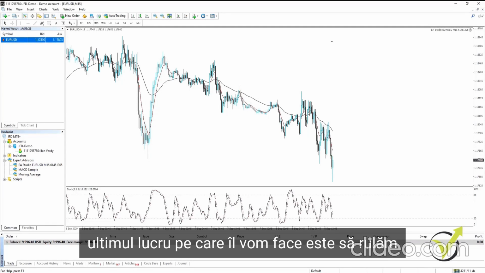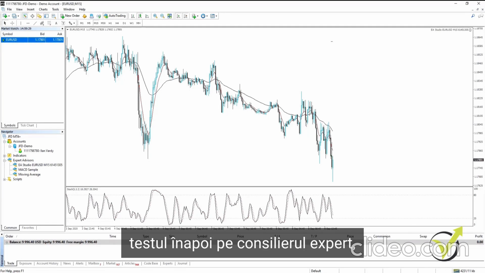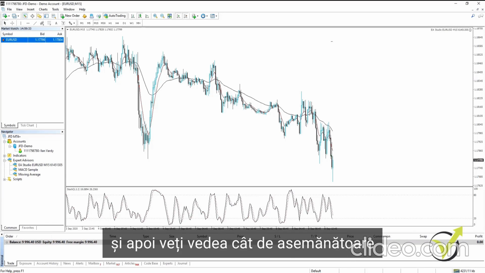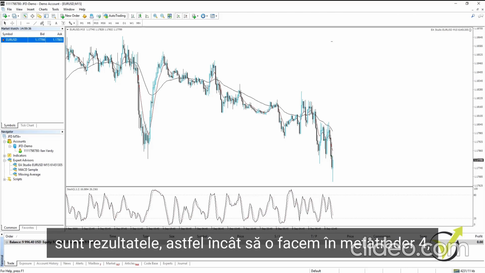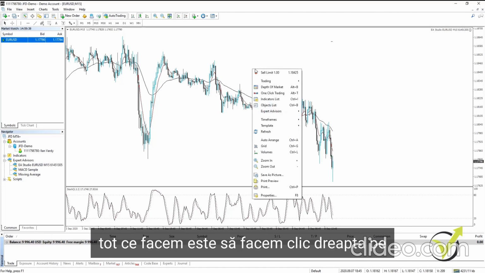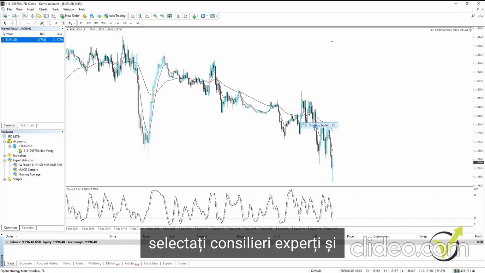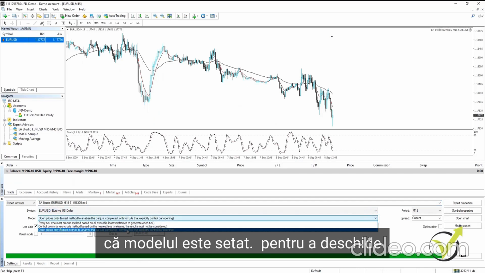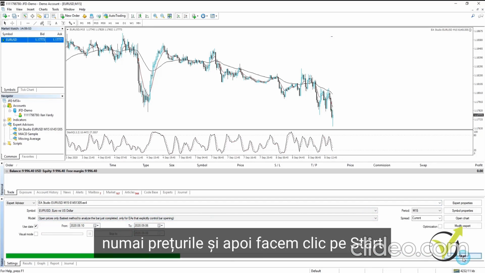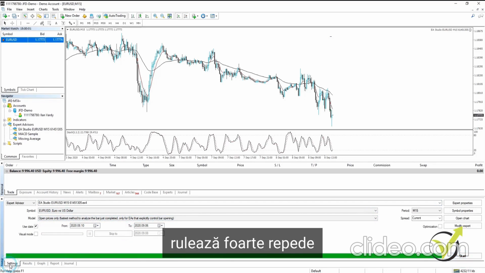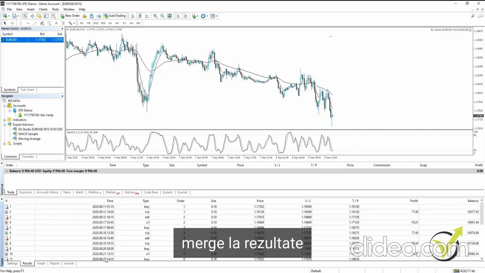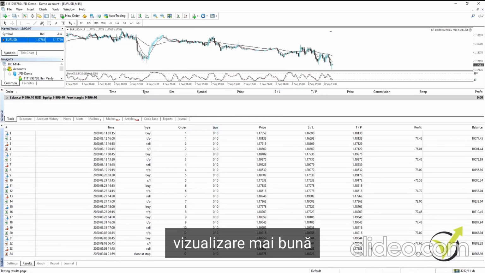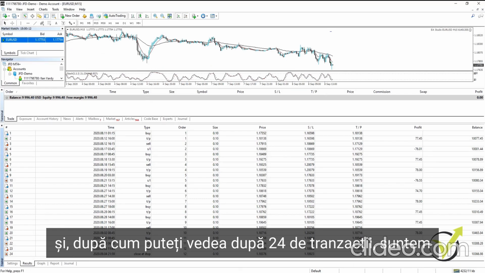Last thing that we're going to do is run the backtest on the Expert Advisor. We're going to do it in both MetaTrader 4 as well as Expert Advisor Studio, and then you'll see how similar the results are. So to do it in MetaTrader 4, all we do is just right click on the chart, select Expert Advisors and Strategy Tester. Now what you want to do is just ensure that model is set to open prices only, and then we click start. Runs through very quickly, and then on the bottom tab here we're going to go to results. Let's just expand this so we can get a better view. And as you can see, after 24 trades we're left with